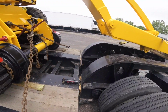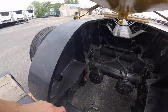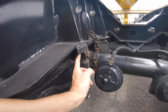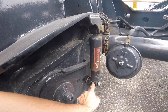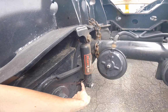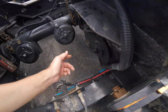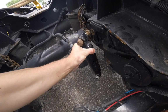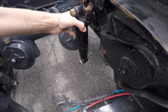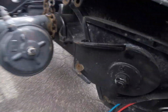Basically what happened is I discovered it yesterday. See this shock, right? It has this spacer over here, and this bolt goes all the way through, and there's a nut and another spacer on the other side, and over here it basically broke off. See, it broke off, and the spacer is missing, and it was hanging like this, and so I took it off so I don't get a ticket,